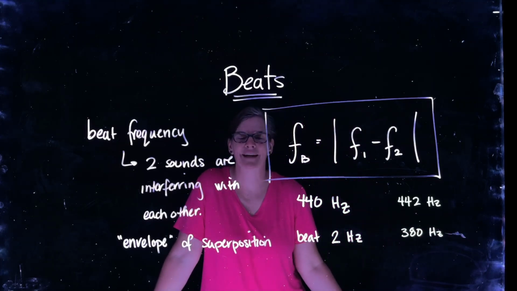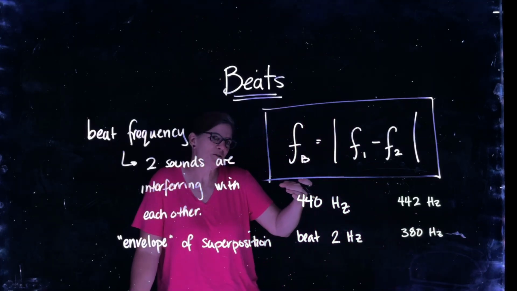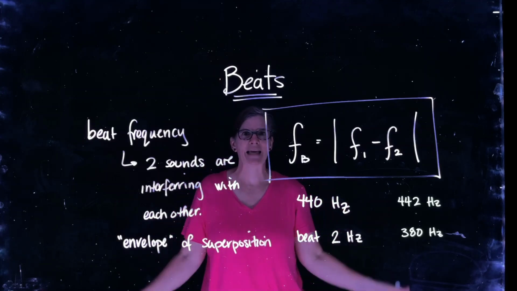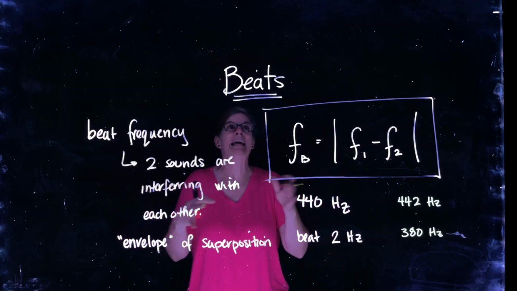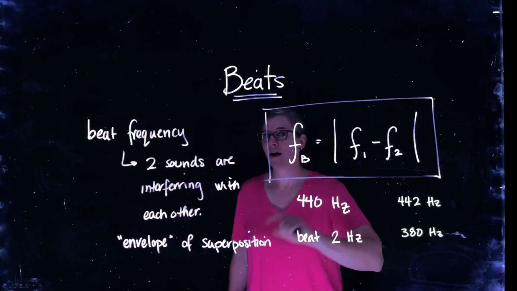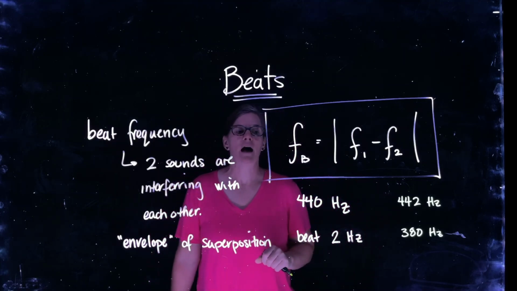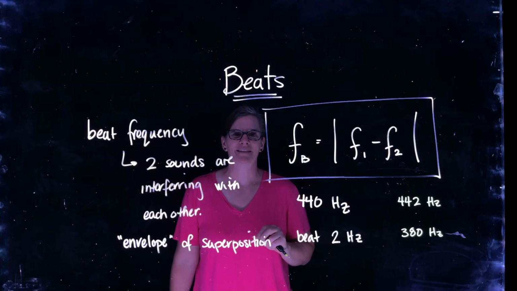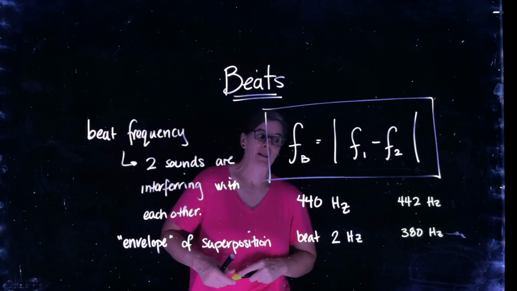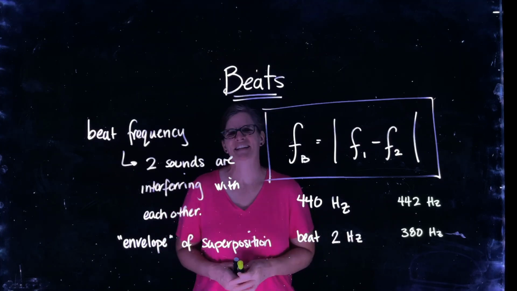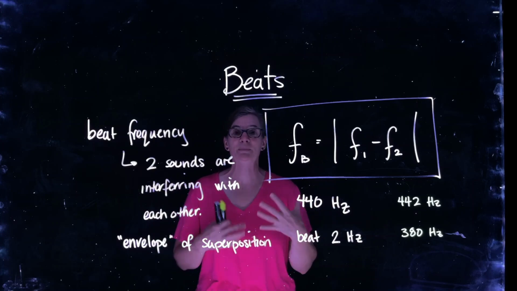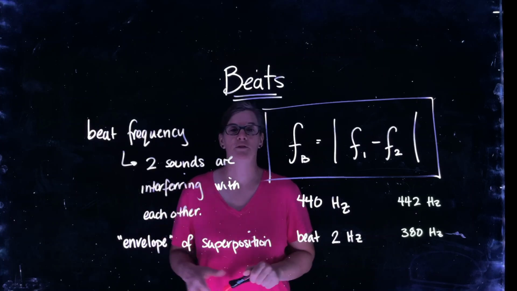Well, I test it, right? So if I make my instrument a little bit longer, I pull out my tuning slide, then I'm increasing the length, increasing the wavelength, decreasing the frequency, and my wah-wahing gets a little bit better. Well, then I was a little high, and I can adjust until that beat goes away. If I'm a little bit low, I adjust until that beat goes away. And so we can use beat frequency to tune our instrument.